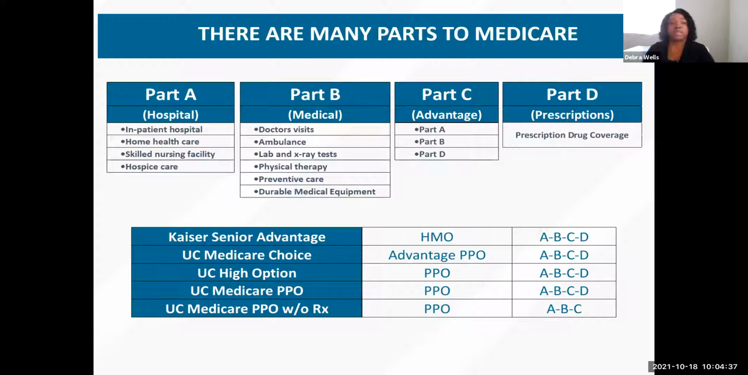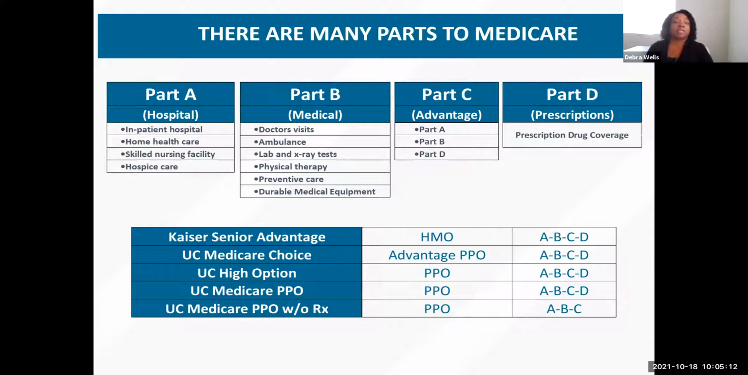There are many parts of Medicare. You have Medicare Part A, Part B, C, and D. So your Medicare Part A is your hospital coverage, covers things like inpatient, home health, skilled nursing, and hospice care. Your Medicare Part B is your outpatient services, doctor visits, ambulance, physical therapy, durable medical equipment. And then I'm going to skip over to Part D, that's your prescription drug coverage. And then Medicare Part C, also known as your Advantage plans, it has Parts A, B, and D combined into